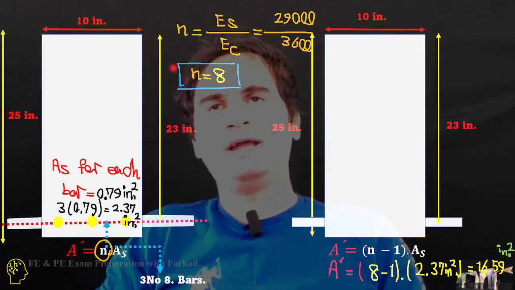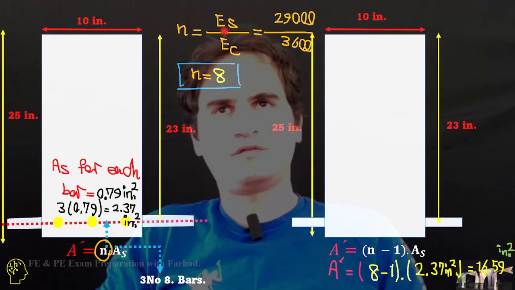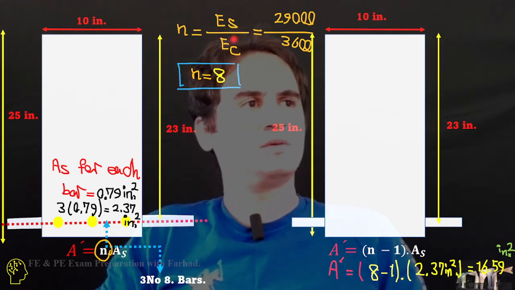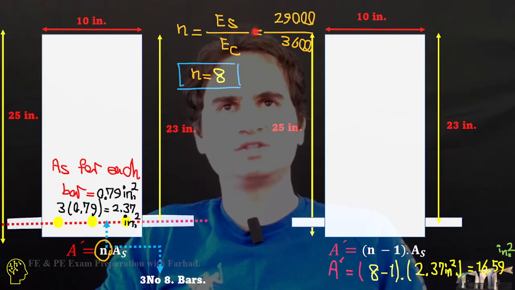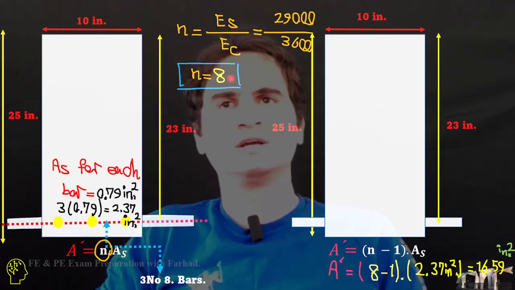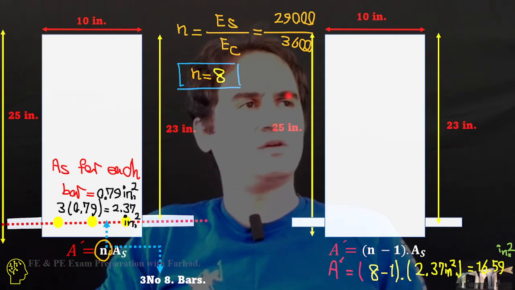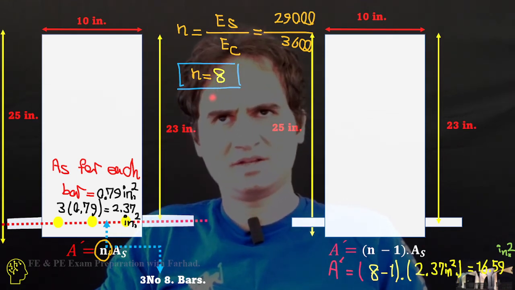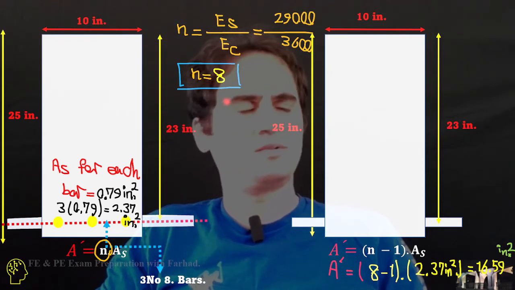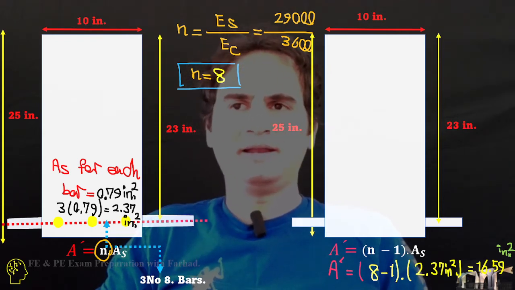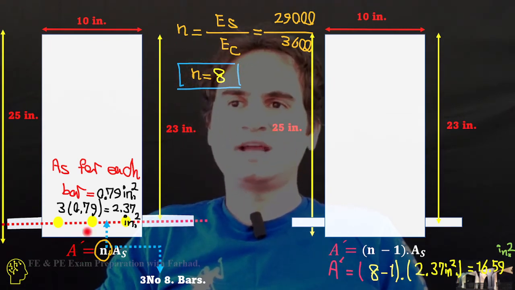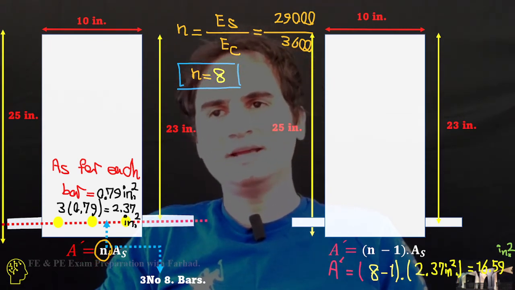So n is a conversion factor, the modulus of elasticity of steel, the higher modulus material, over that of concrete, which is 29 over 3.6, about 8.05. We just go by n equal to 8, and A prime, the equivalent cross section, is n times As,